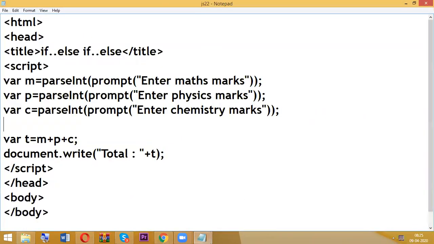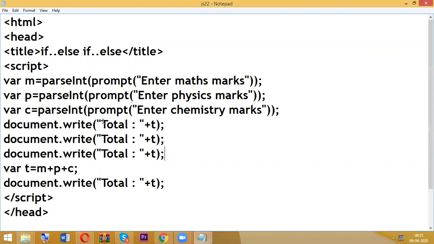Even I want to display individual values also. I will do like this. Max. I want to display physics information in a new line. So for that BR. So physics.